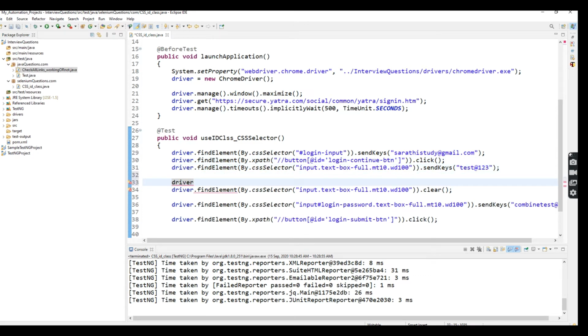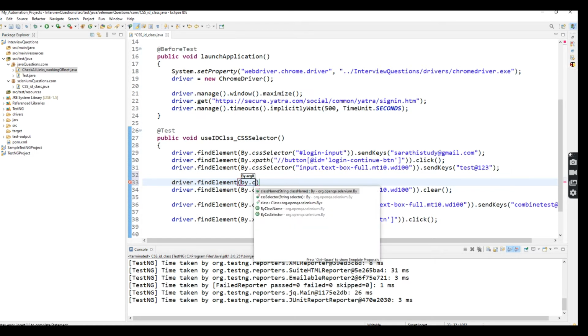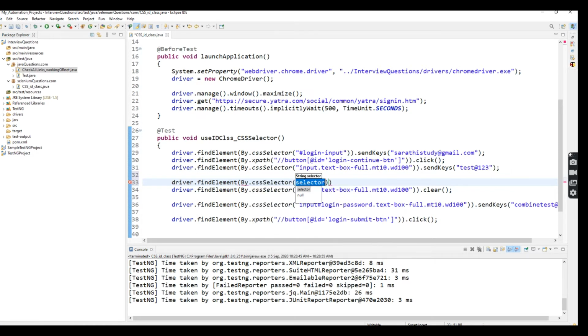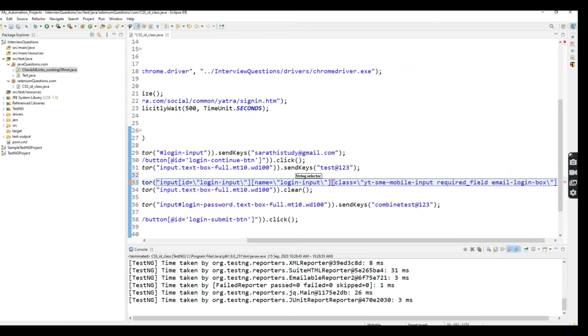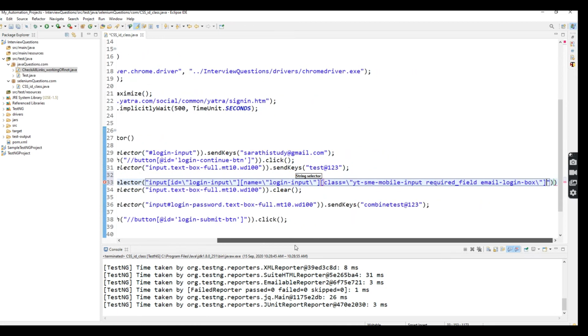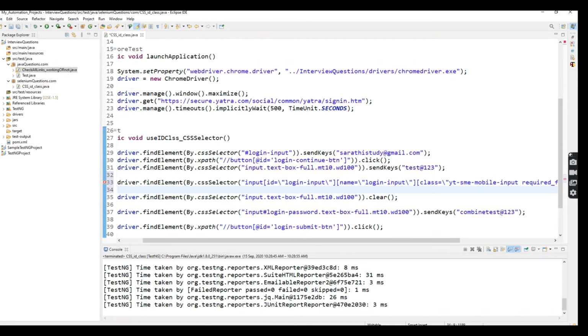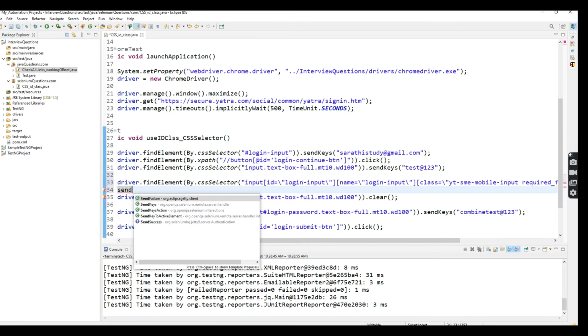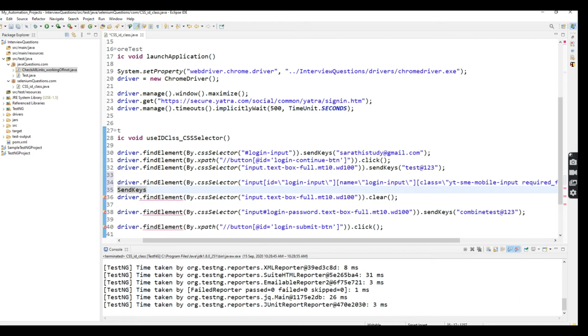driver dot find element by dot CSS selector. It will be lengthy. Then put send keys. Here I'm going to mention multiple attributes at gmail.com.